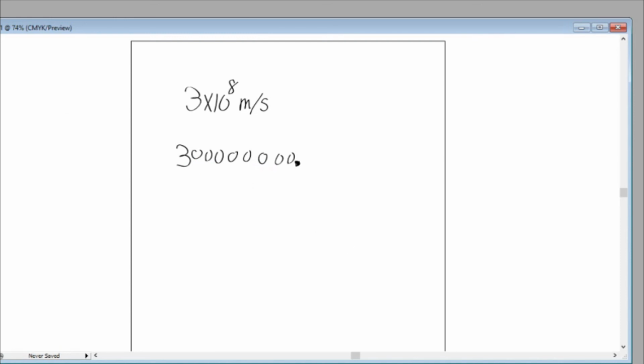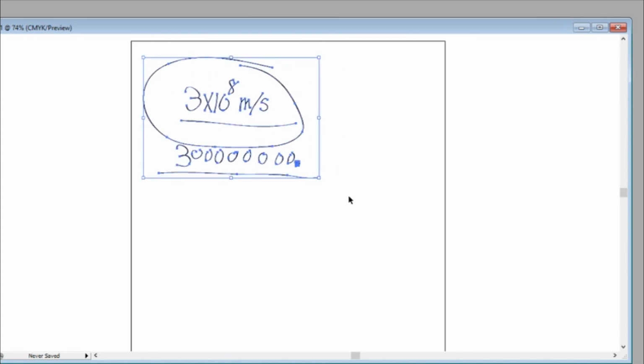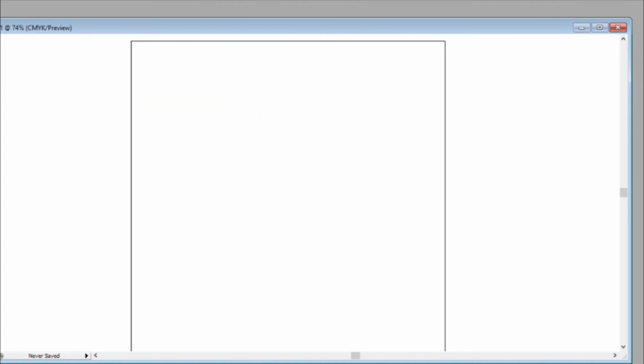So this right here, what we have is the scientific notation of this integer. This is a lot easier to write down than having to write down all these zeros. And in fact, this 3 times 10 to the 8th is a lot easier to do math with as well. And again, I'll show you how to do that math in a second here. Let's just go over the basics of